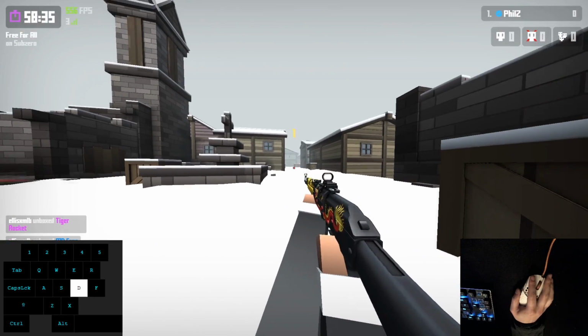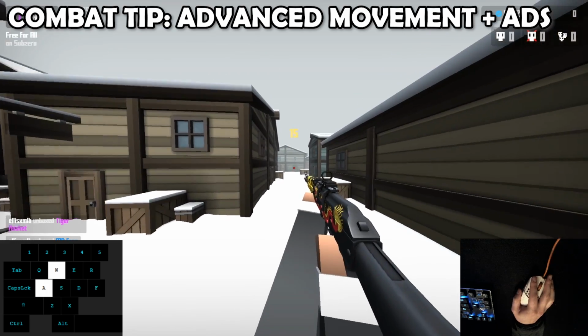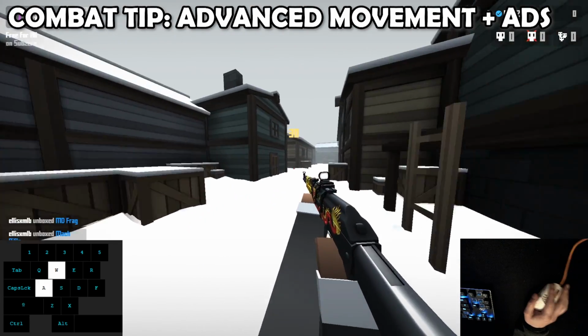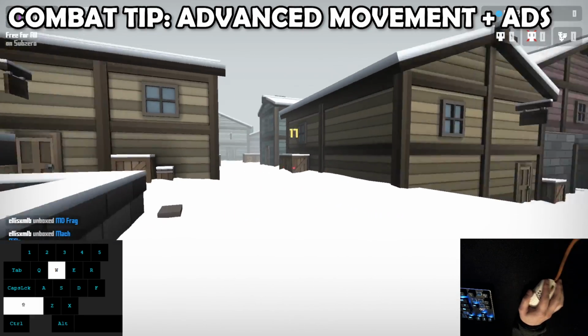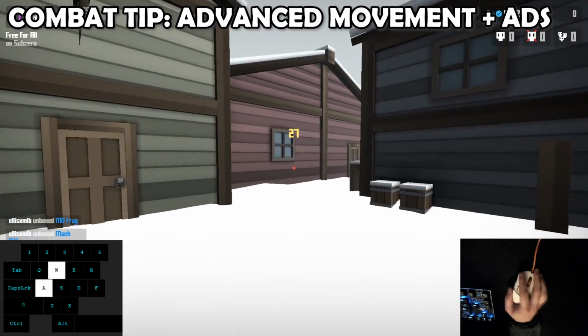When it comes to movement while in combat, the best way is playing actual games and just experimenting. There's one thing that I think is worth practicing, however, and that's holding ADS, so aiming down sights, holding right click while you're slide hopping. So notice that you do get a bit slower while you're doing this,